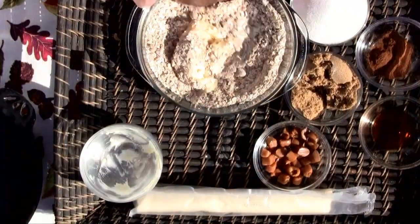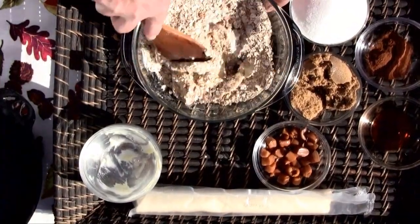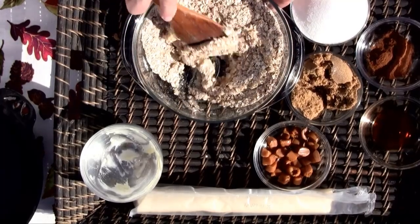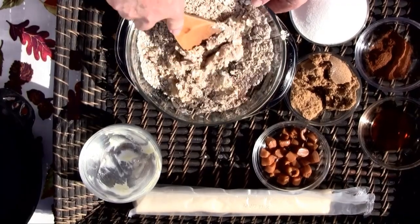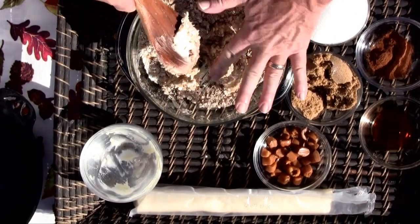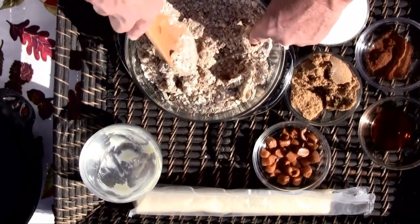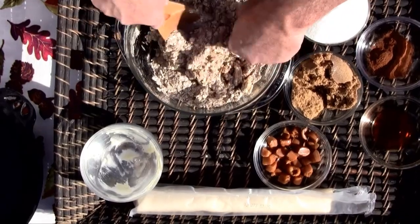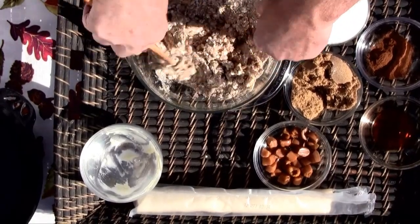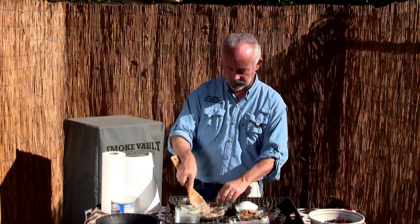And start incorporating the butter into the crisp mixture. And what we're looking for is a texture that's going to be crumbly. Sometimes you just got to get your hands in there, preferably after you've washed them. Just keep mixing that up until it's all incorporated in there. Show you how to mix the mixed berry